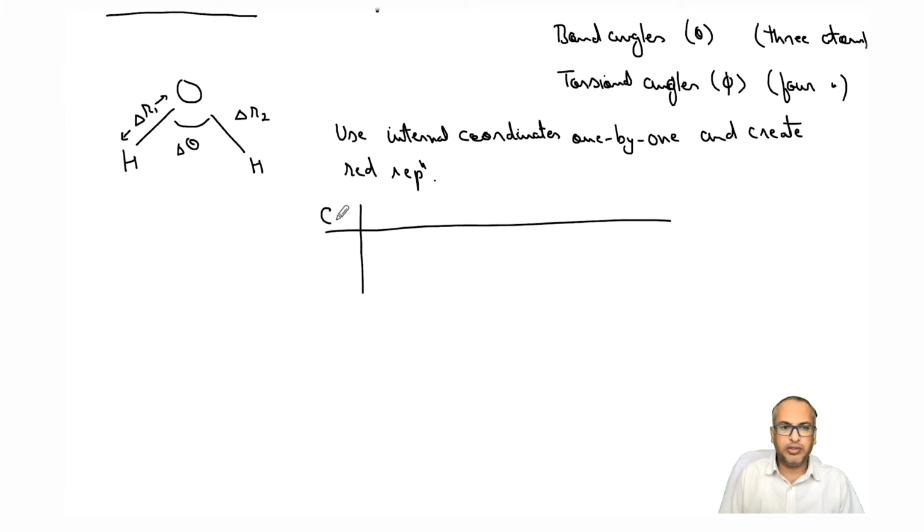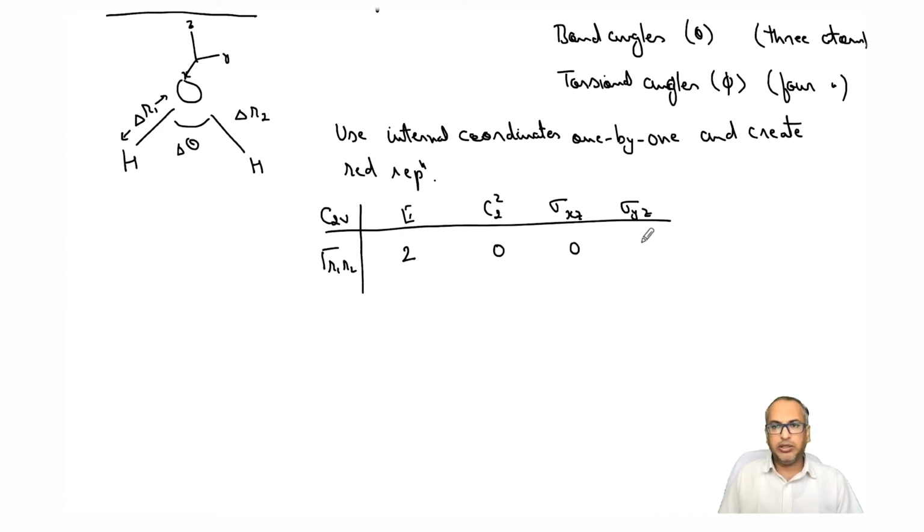So we have the C2v point group: E, C2z, sigma xz, and sigma yz. Now for gamma R1, R2, these two bonds are now the basis. So E will have 2. C2z will be 0 because both the bonds are getting replaced with one another. Sigma xz, again the bonds are getting reflected. Remember that this is my X, Y, and Z, so my XZ is perpendicular to the plane of the board. So this is 0. Sigma yz, both the bonds stay where they are, right?